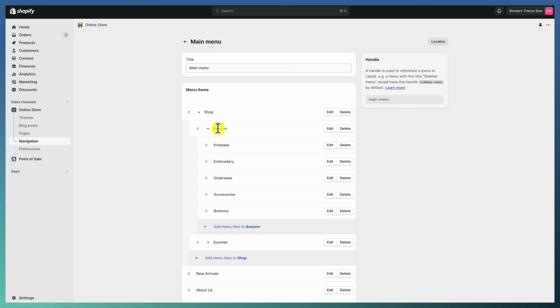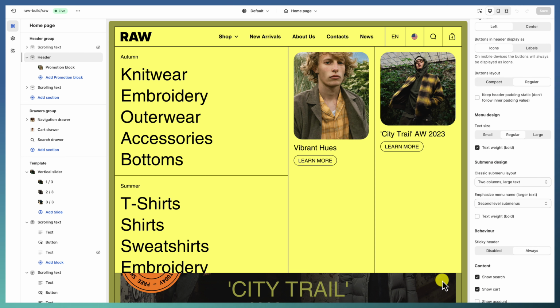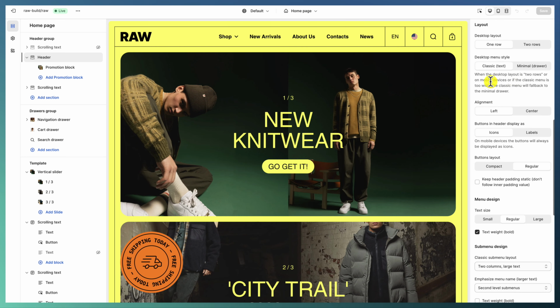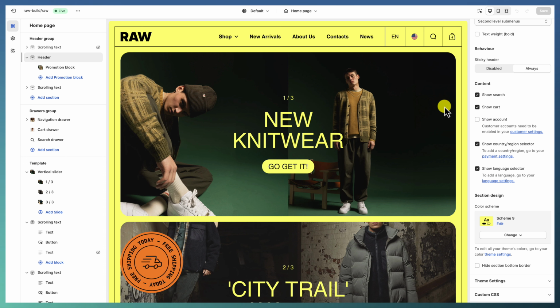So shop autumn, which is an empty link, doesn't go anywhere, and then the collections here. So this is how we're doing it, right? Shop autumn, and then the other parts. The menu is set to be aligned to the left. It's classic, but of course it turns into a minimal drawer when it's on mobile devices, or if this